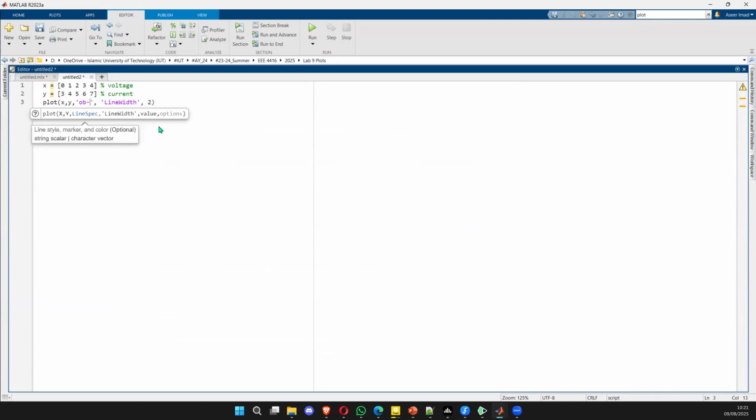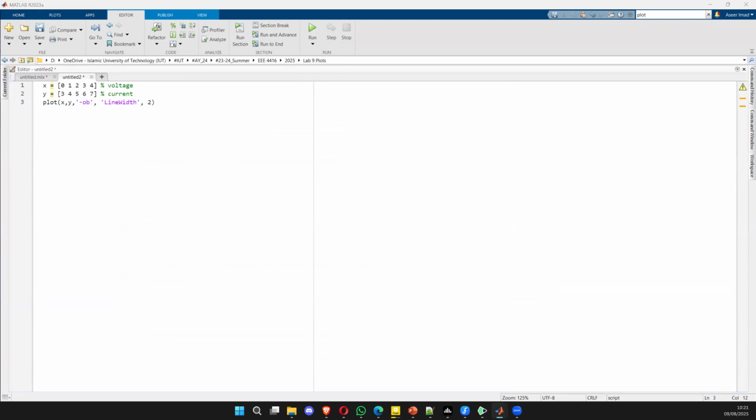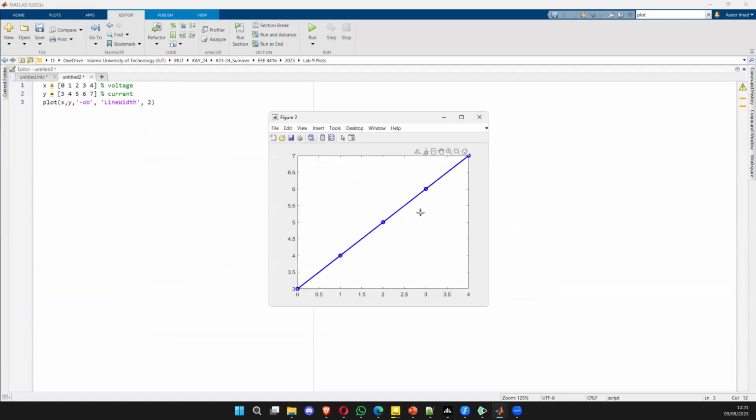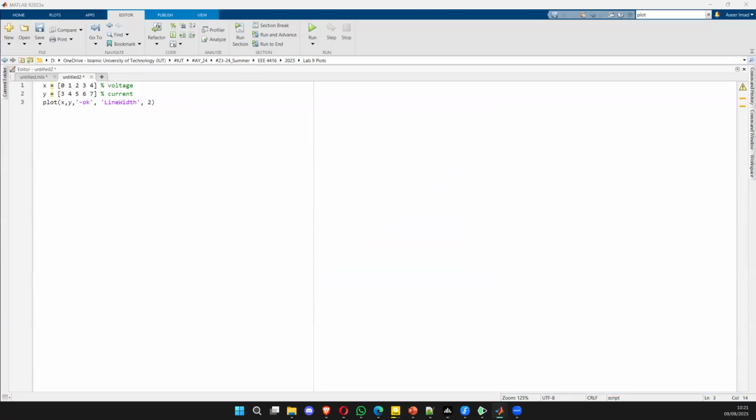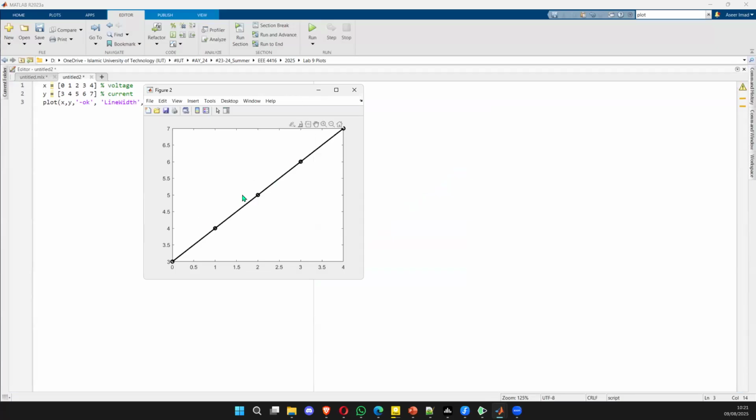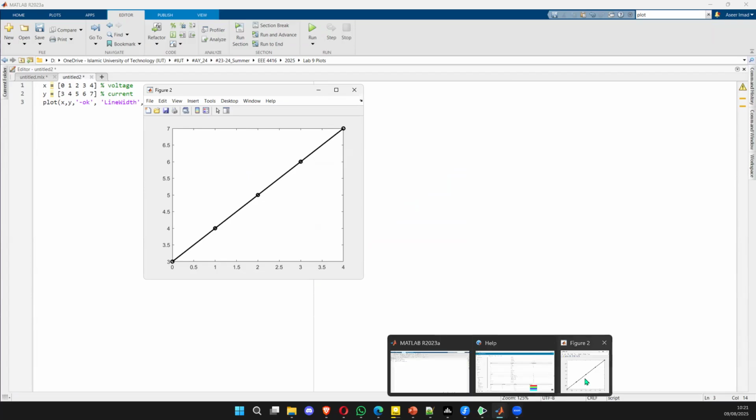Because if I now write like this, you don't need to mention the serial. You don't need to maintain the serial here. Okay, if you just write blue, for example, if I now write here K, K means black. You see now the color has turned to black. So in this way, you can actually customize your